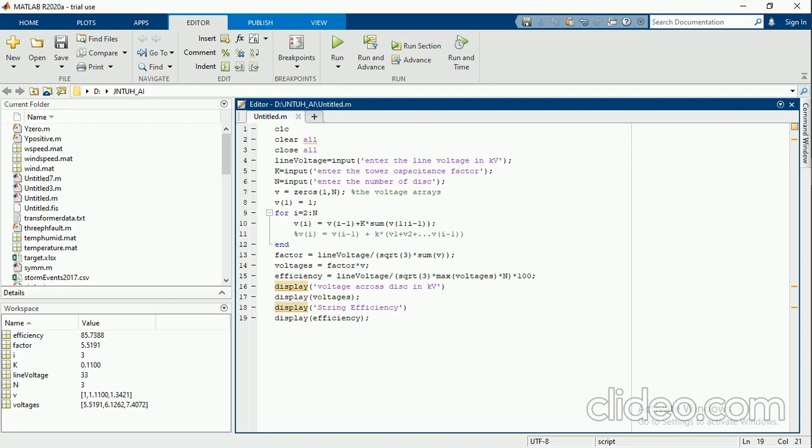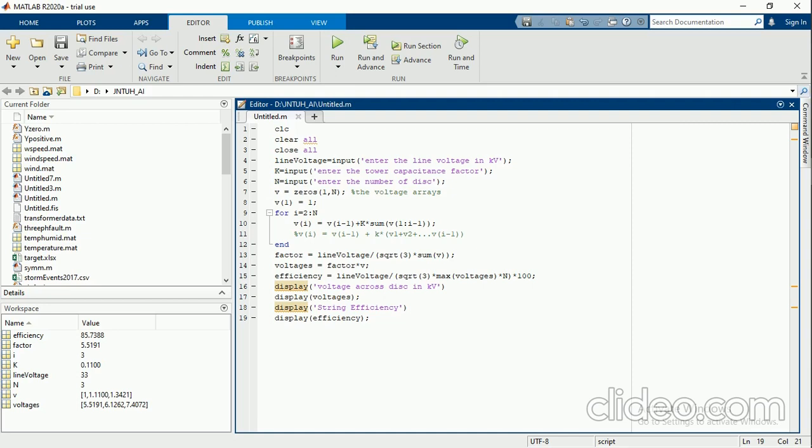Otherwise, if anybody is interested, you may convert this into a phase voltage here itself. But to calculate your V1 value, you should divide it by the sum of V. Even if you remove this line voltage divided by square root of 3, you may directly consider phase voltage divided by the sum of V. But again you have to use one more statement, that will be the headache for you.